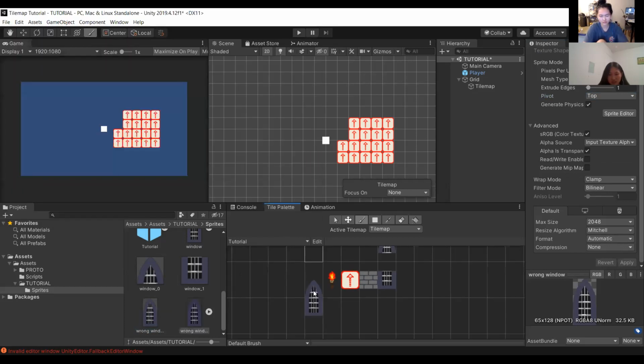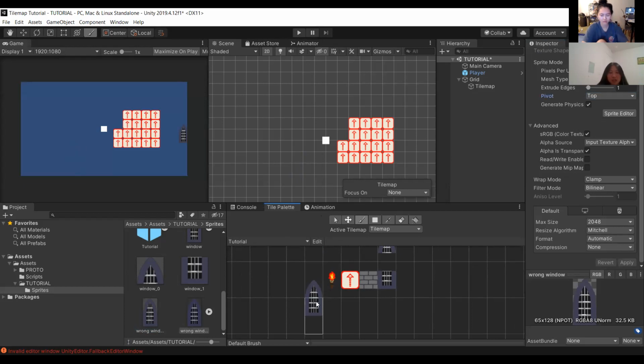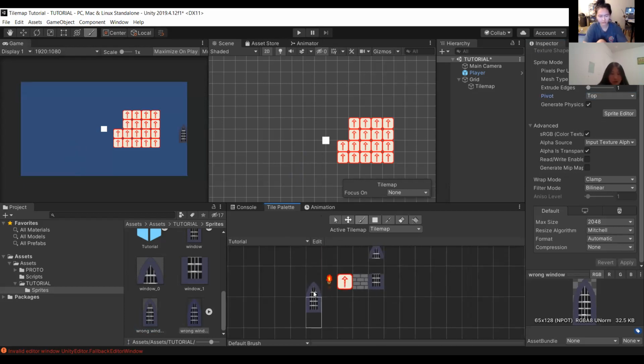By the way, this is kind of a random thing. When you delete a tile from the tile palette, it'll replace it with the pink square. Do not paint with the pink square because it is buggy as all hell, which happened with the Ludum Dare game. So yeah, you don't want to do that. The pink square essentially is just a symbol of a deleted tile that doesn't exist anymore. Like you've deleted the tile from your project, but you haven't deleted it from the tile palette.